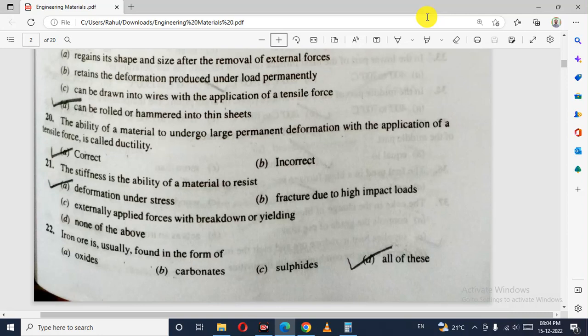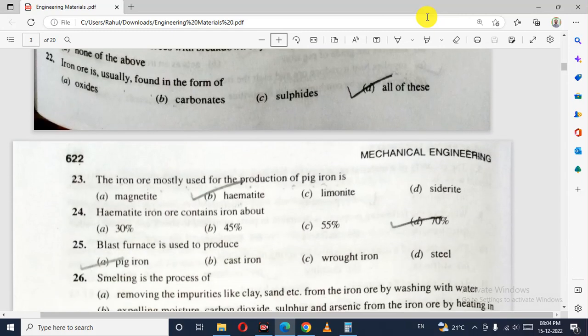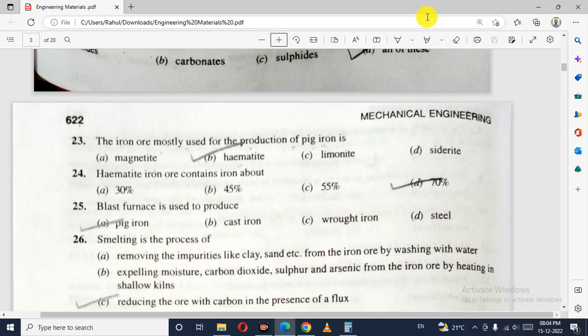oxides, carbonates and sulfates. The iron ore mostly used for the production of pig iron is hematite. Hematite iron ore contains 70% iron. A blast furnace is used to